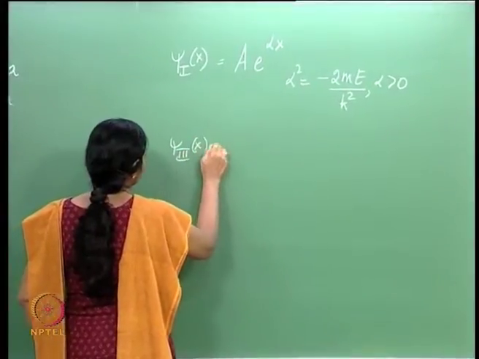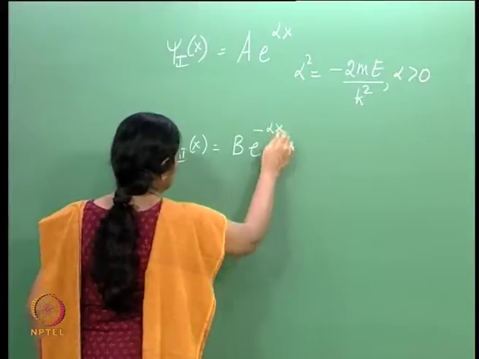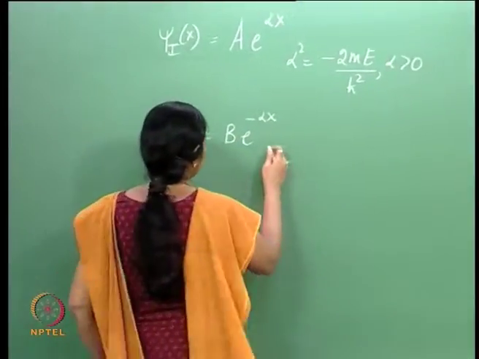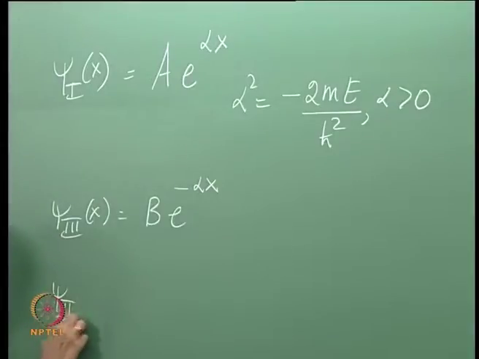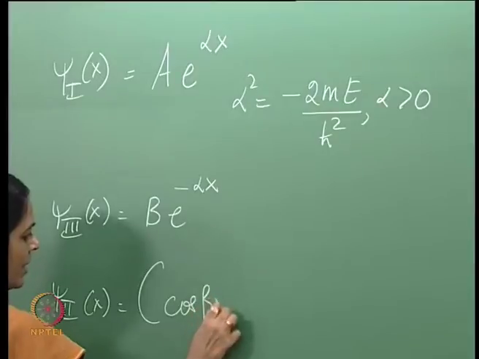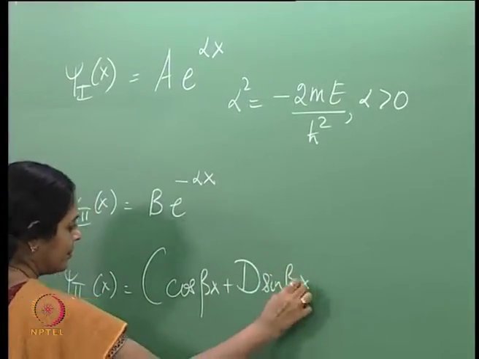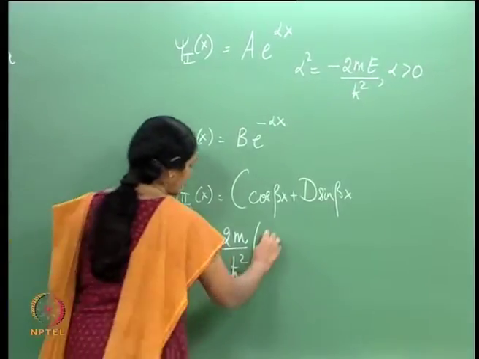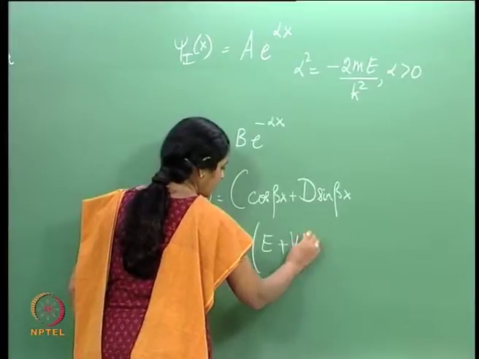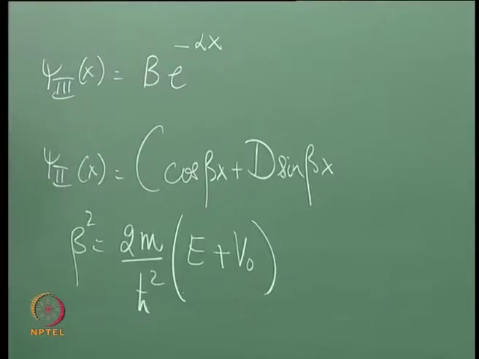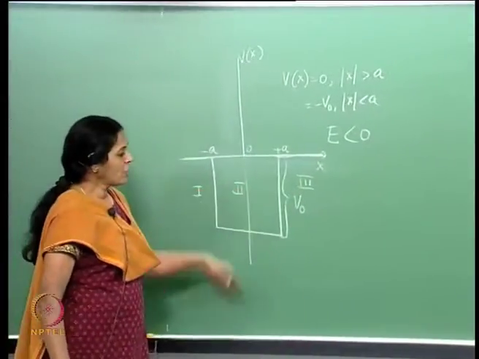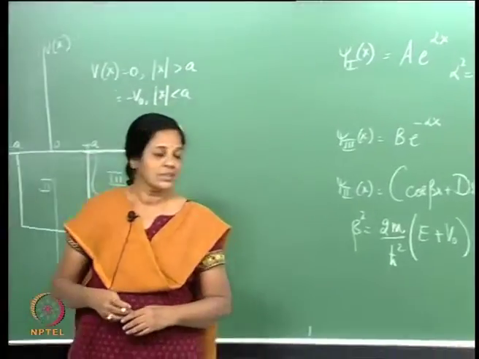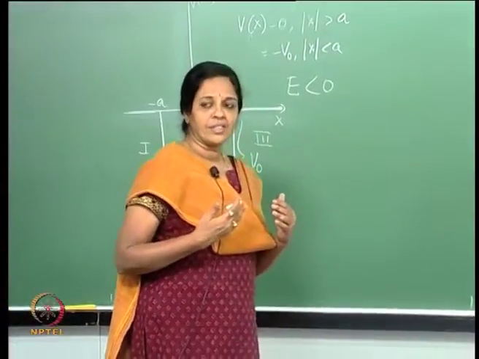Psi 3 of x was B e to the minus alpha x. This was put down so that the wave function vanished at x equals plus infinity. And we had psi 2 of x, which was C cos beta x plus D sine beta x, where beta squared was 2m by h cross squared times E plus V naught. And since E is less than 0, V naught plus E is a positive quantity, and therefore beta squared is positive with beta greater than 0. That was our definition. Now given this, we matched the wave functions and the derivatives at x is plus a